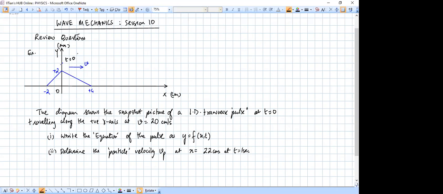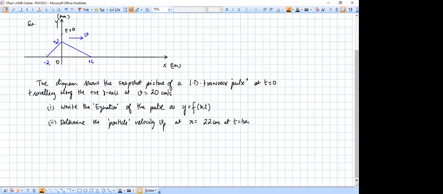Okay, so let me start by giving you a hint on how to write the wave equation. This is the snapshot picture at t equal to 0. So write the equation of y versus x at t equal to 0. From that we'll get the rest of the thing. So from this above diagram you can see